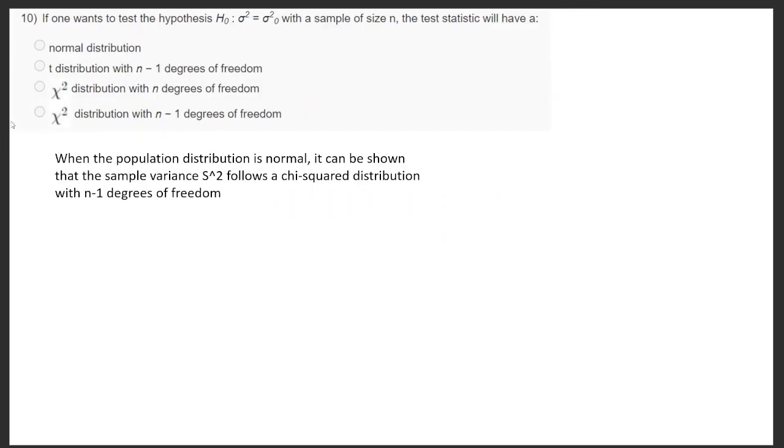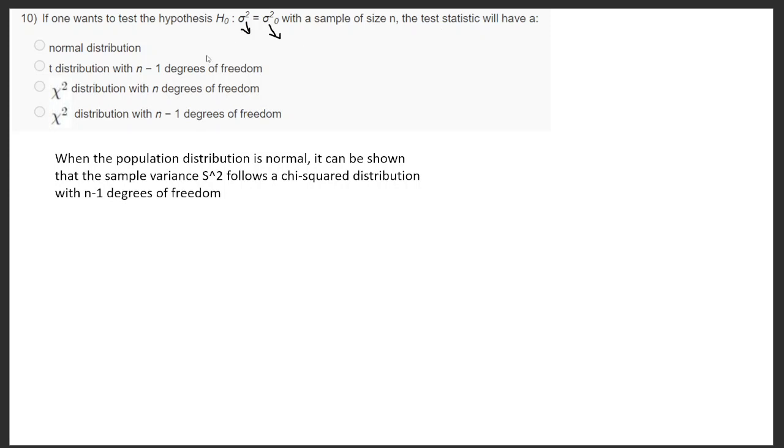So going to the 10th one. If one wants to test the hypothesis H0, the null hypothesis H0 is sigma square is equal to sigma naught square. So sigma square is the sample variance and sigma naught square is the population variance, which we have studied in the previous lectures, with a sample size of n. The test statistic will have